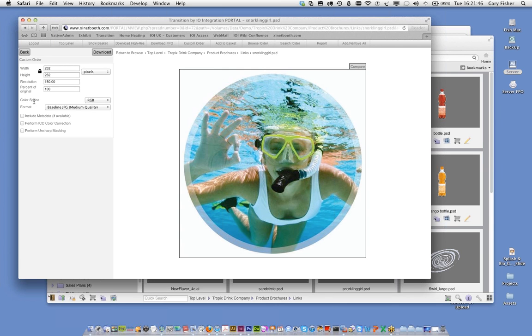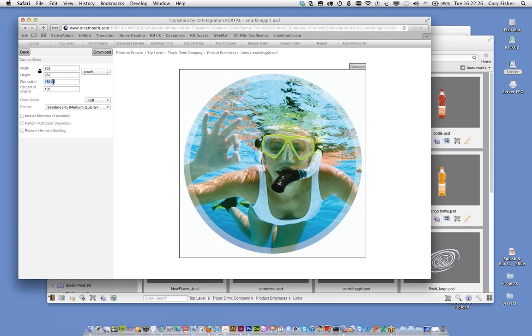This feature has been around again for a long time, but it's actually had a bit of resurgence recently because a lot of the agencies that we deal with have also incorporated the interactive departments into the Xinet scope of work. So that basically means that this function is really useful. If this image had been used in a print production file or folder and it had been retouched and it was the signed off approved asset, the great thing about Xinet is that you can store that onto the central server, and then I can come into the system, maybe I need to use this for a website banner ad,